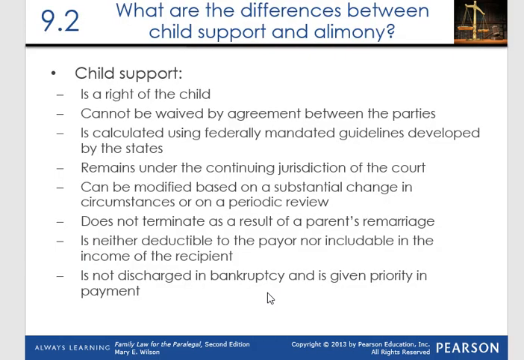Distinguish between child support and alimony, or in Ohio, spousal support. Child support is a right of the child, cannot be waived by agreement between the parties, is calculated using federally mandated guidelines developed by the states, remains under the continuing jurisdiction of the court, can be modified based on a substantial change in circumstances or on a periodic review, does not terminate as a result of a parent's remarriage, is neither deductible to the payor nor includable in the income of the recipient, is not discharged in bankruptcy, and is given priority in payment. Now, when it says it cannot be waived by agreement between the parties, that is true